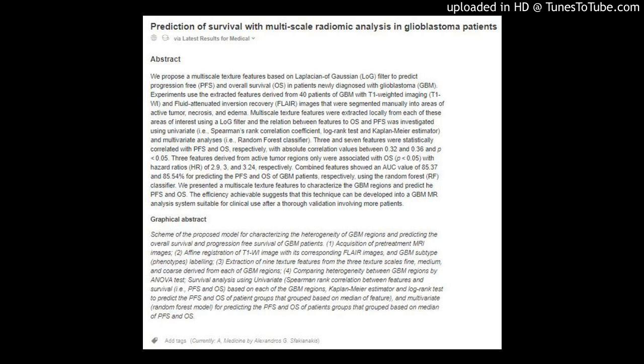3. Extraction of 9 texture features from the 3 texture scales, fine, medium, and coarse, derived from each of GBM regions. 4. Comparing heterogeneity between GBM regions by t-test, survival analysis using univariate, Spearman rank correlation between features and survival,